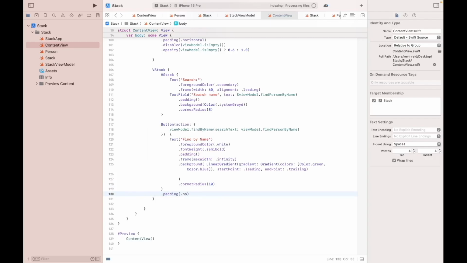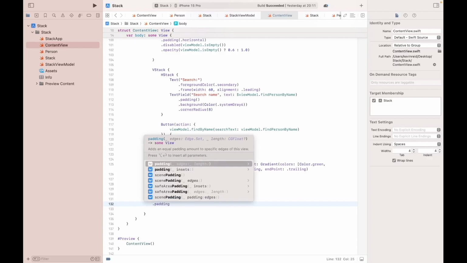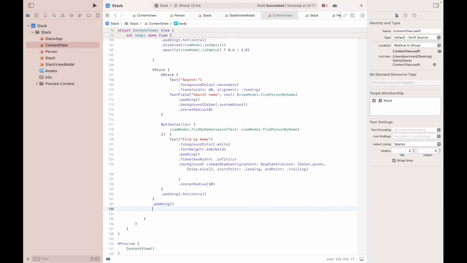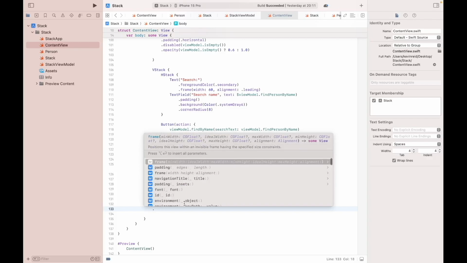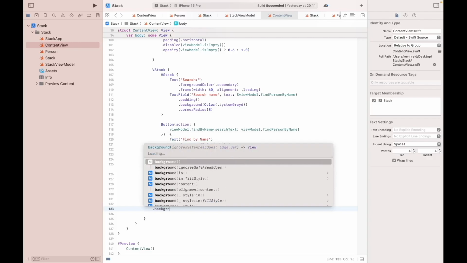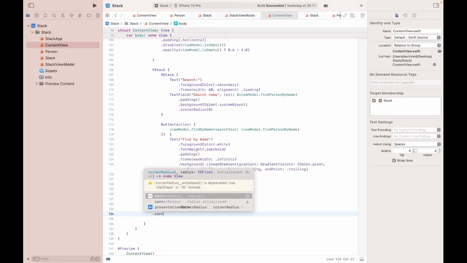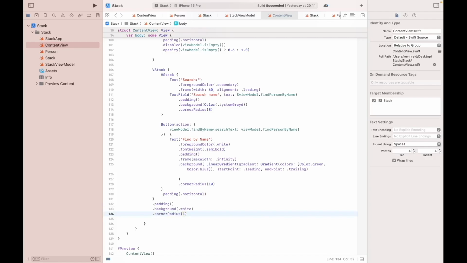Padding, horizontal, dot background, color, which is white, dot corner radius, 12,